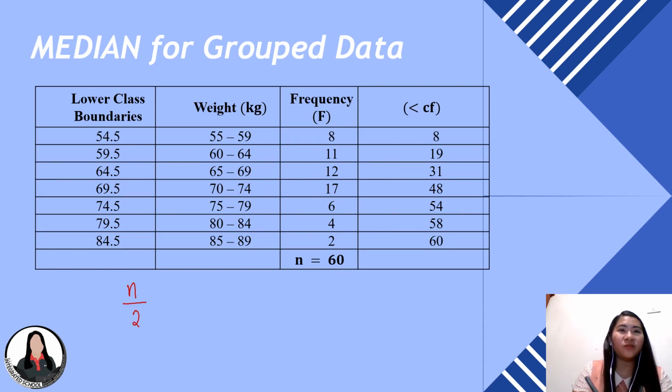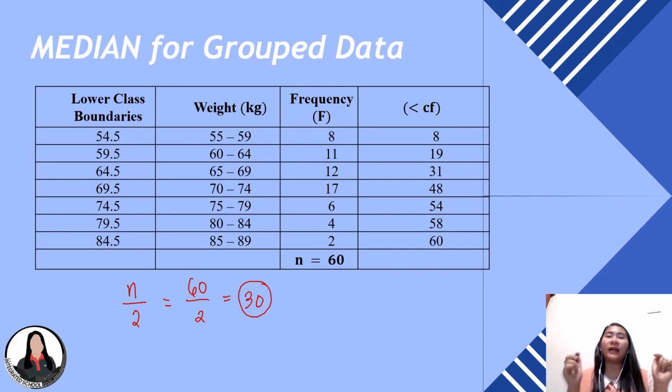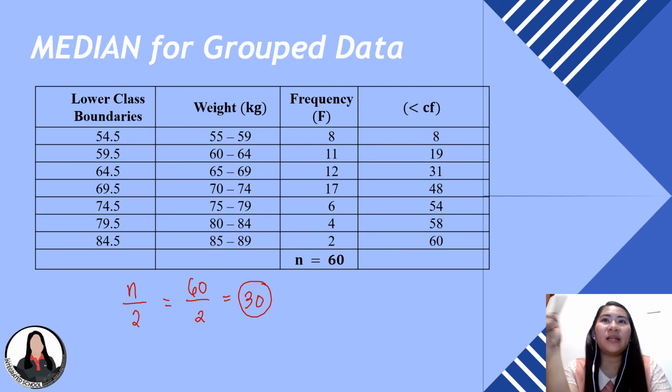Okay, so the N over 2 should be obtained. Since N is 60, and then we divide by 2, then N over 2 is equal to 30. Now, yung 30 na yon ang gagamitin natin in obtaining the median class. Okay, so for us to find the median class, punta kayo sa less than cumulative frequency. And then, from the first entry, hanapin ninyo kung alin yung value which is greater than or equal to 30,